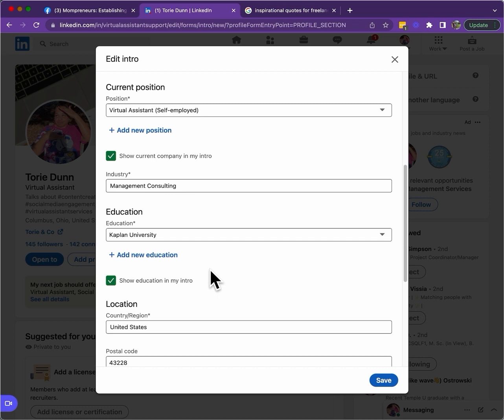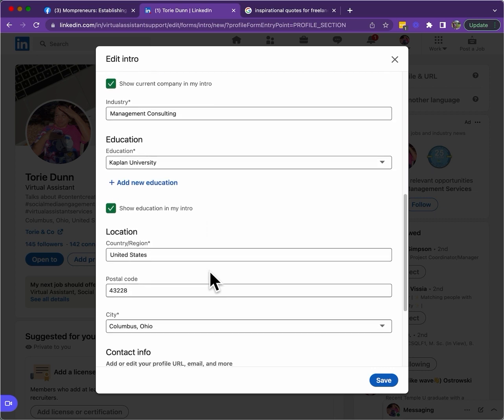your previous education is good enough. You don't have to put your elementary school and your high school and your middle school if you've been to college. Just put the last education that you've received, that will be just fine. You can add as many, but all those aren't necessary.